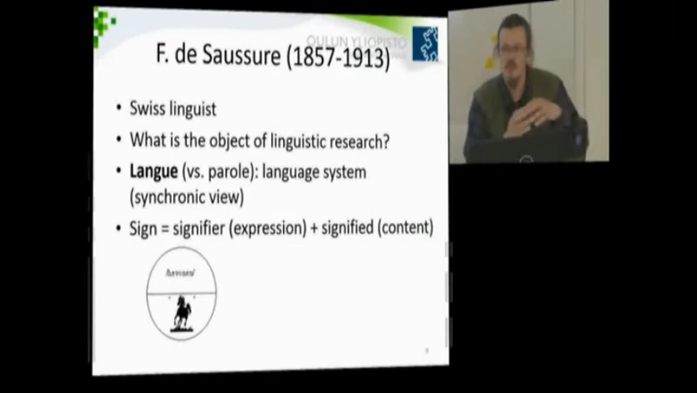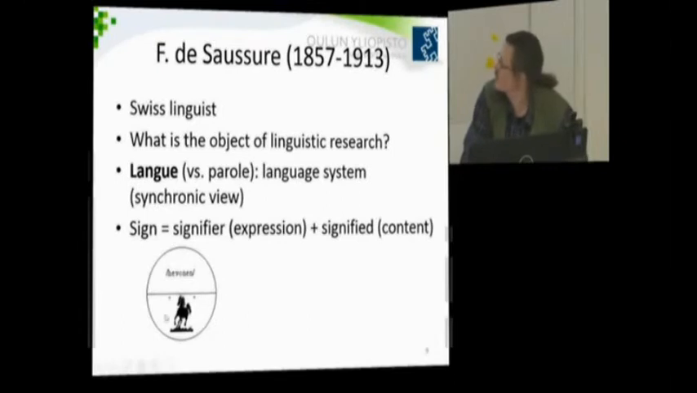Also for Saussure, the signs exist only inside the language system. As for Peirce, a sign can be only a part of a semiosis process; for Saussure, a sign can be only a part of a language system. And